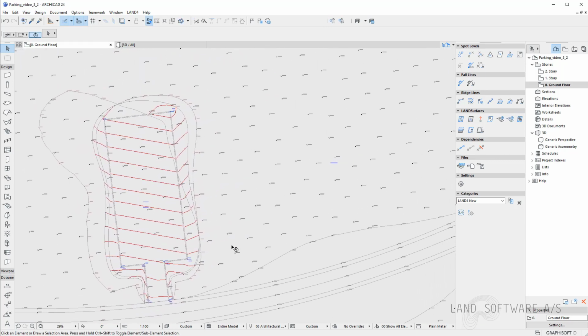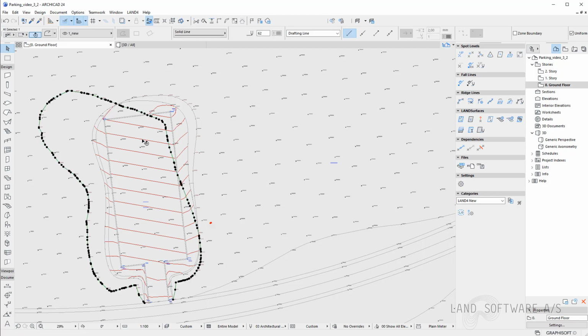So now I have the spot levels placed on the line, and the next step is to basically use these spot levels to create ridge lines, which I can use in creating the new terrain. To do that, I will use, because I don't need the inside of the line from here till here.